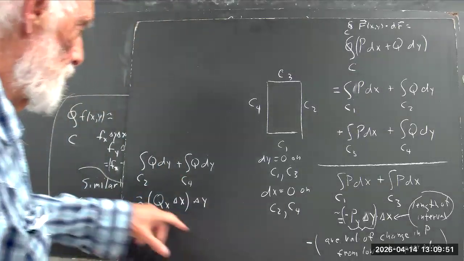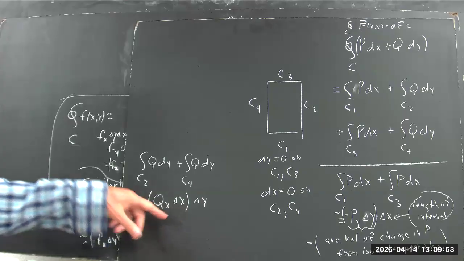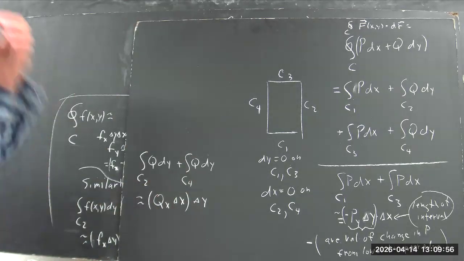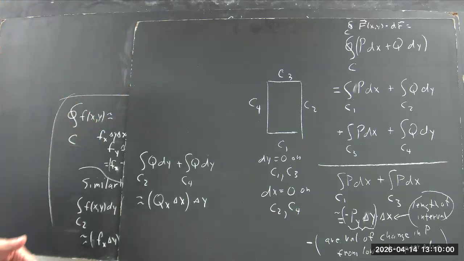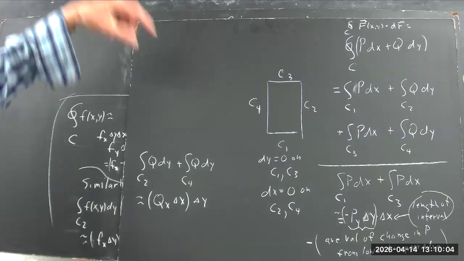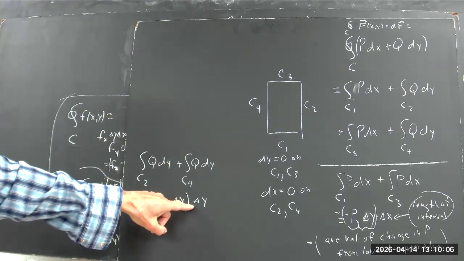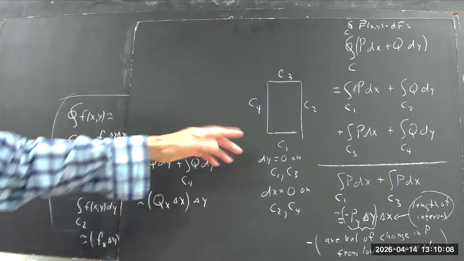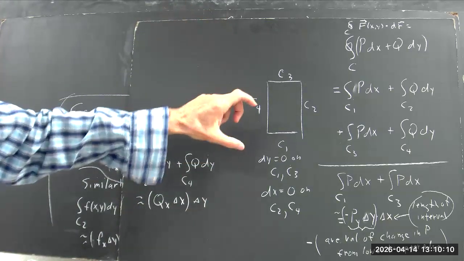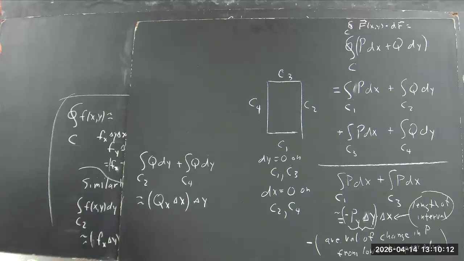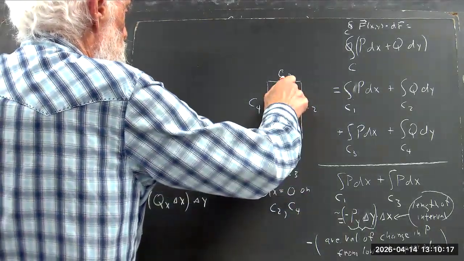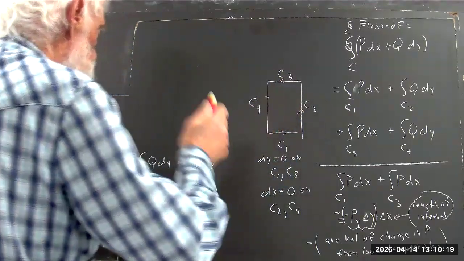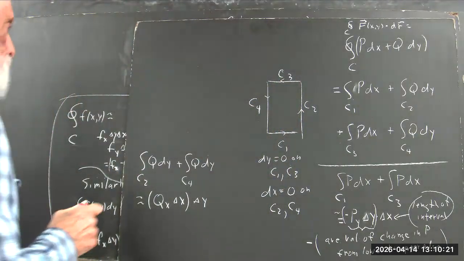And I could make the same note. This is the average value of the change in Q from the left edge to the right edge, and that's the length of the y interval when you're integrating along the vertical segments. We're integrating in the counterclockwise direction implicitly. Okay, so